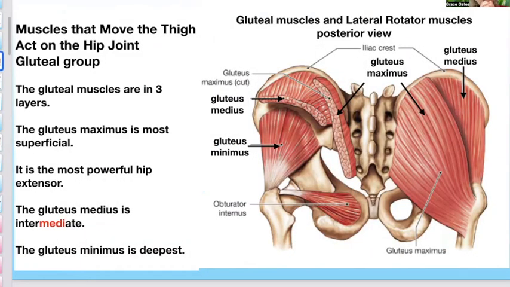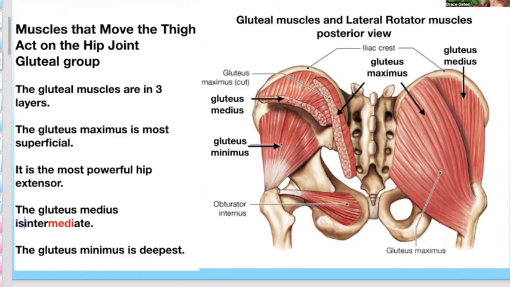Okay, moving on to the gluteal group. The gluteal muscles are in three layers. The gluteus maximus is the most superficial. It is the most powerful hip extensor. The gluteus medius is intermediate. The gluteus minimus is deepest. And it might be helpful to think that the medius is intermediate to help you to know where to expect